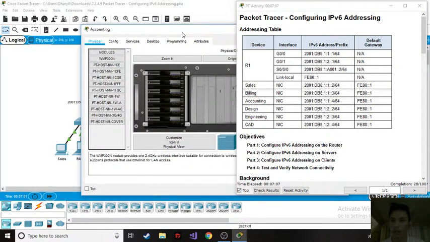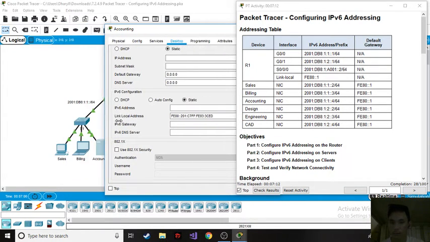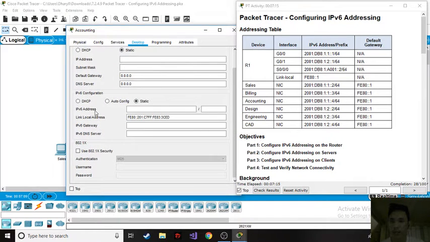So let's proceed to the accounting desktop tab, and then IP configuration. Here we're going to assign the IPv6 address and the prefix and then the gateway. First, let's find in the table the IPv6 address of the accounting. Here, this is the accounting, and this is the IPv6 address, and the prefix here, as you can see, is 64, and then the default gateway is FE80::1,